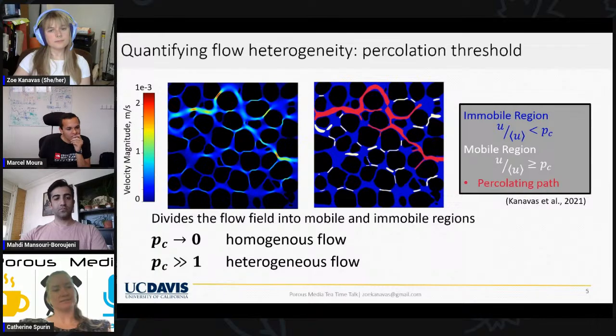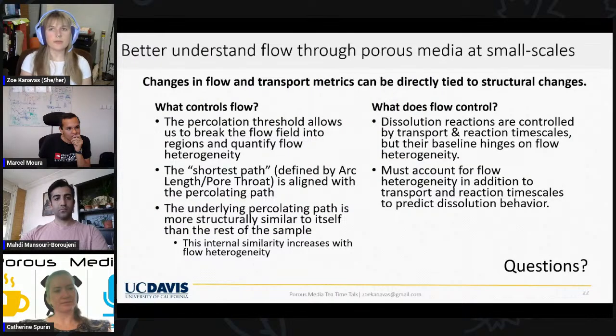Yeah, that's my question. So I see a couple of applications of this work. Since we have figured out how to use the structure to identify where the fast flow regions are most likely going to be, we can circumvent the need for numerical simulations to find that flow field if we're only interested in the first breakthrough, for example, and how fast that's going to be.